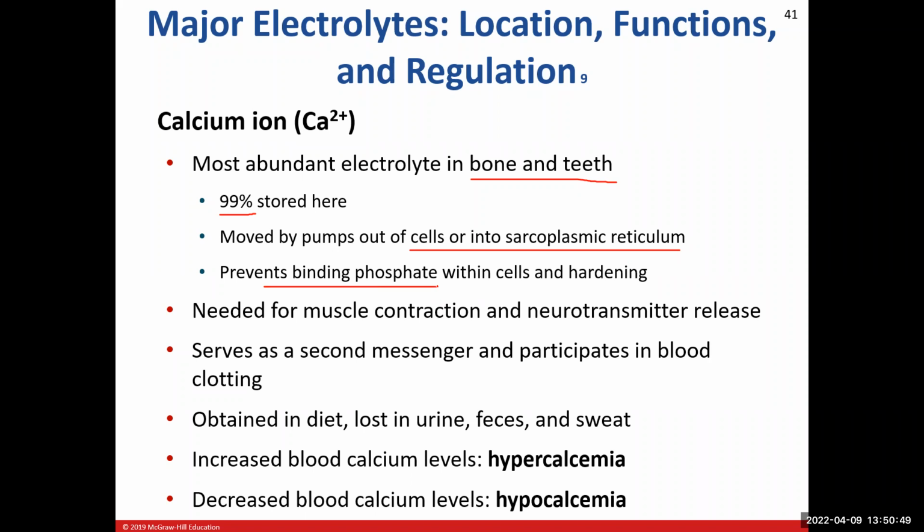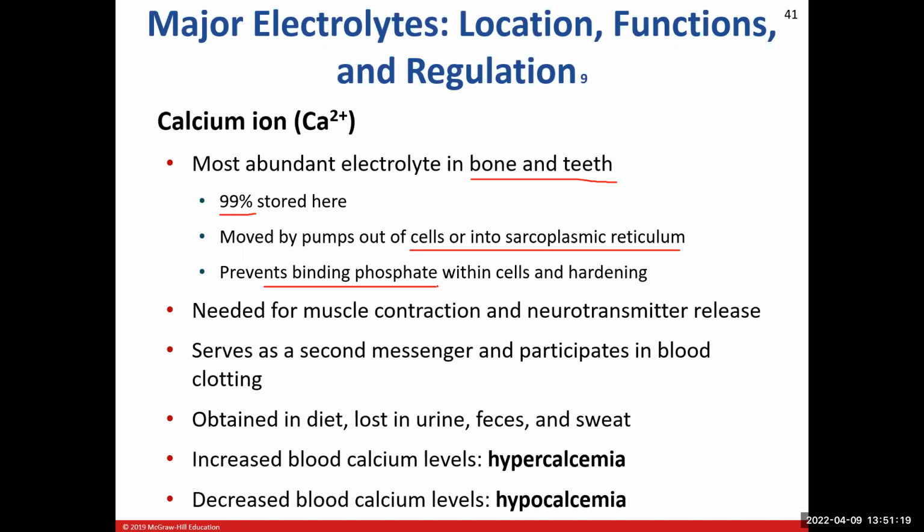Now, there are certain conditions, and I won't really get into it right now, in which you can get accumulation of calcium inside of certain tissues. And a lot of that occurs because calcium interacts with phosphate. Phosphate's found on the inside of the cell in large concentrations. And so if we can separate calcium from phosphate, that's a good thing, because if calcium gets inside, and I've mentioned this in other videos of mine, if it's invited to the party, it's going to start